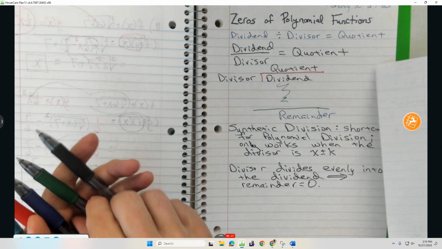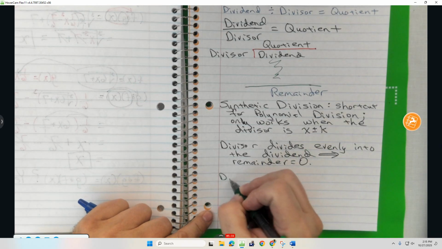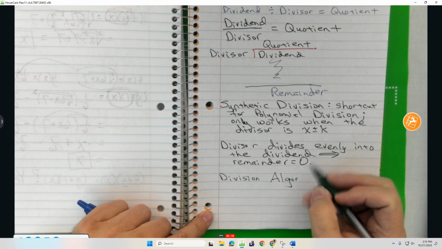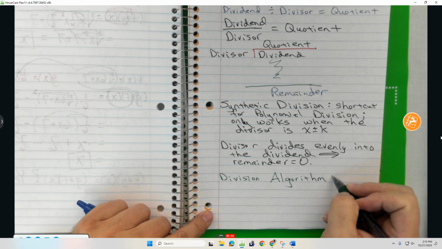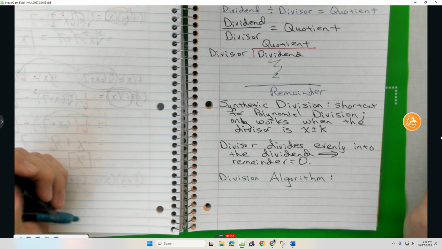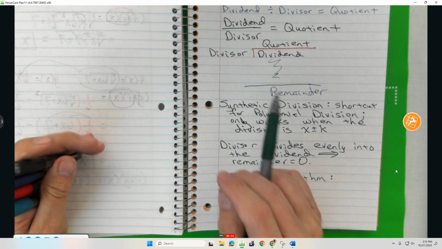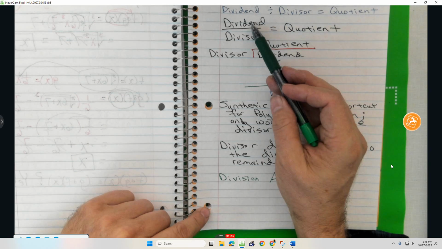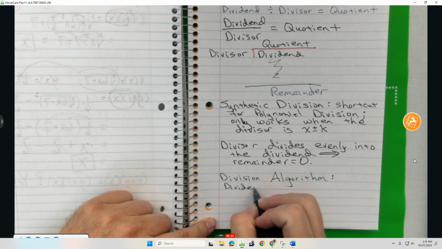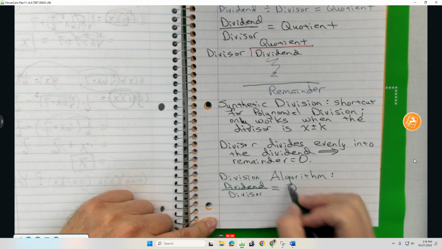One other thing, I think I'm going to mention the division algorithm right now rather than waiting. When you learn to multiply and divide, let me ask you this. What did you learn first? Did you learn to multiply first, or did you learn to divide first? You learned to multiply first, because division is defined in terms of multiplication. When you look at dividend divided by divisor equals quotient,